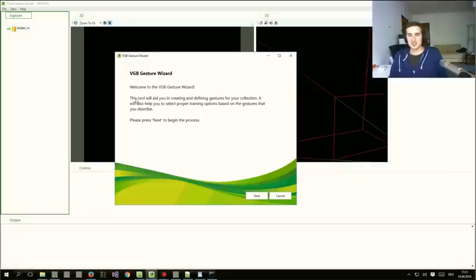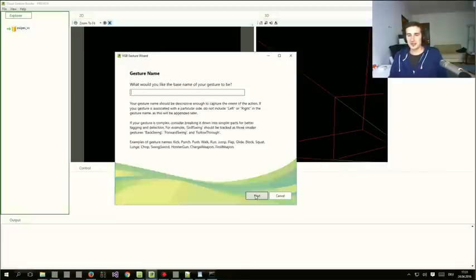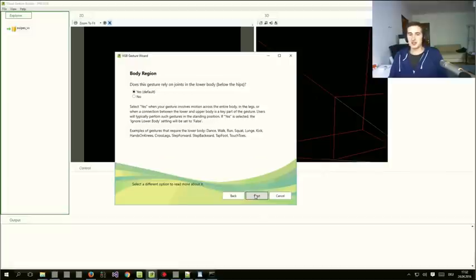So when the wizard opens up, first I'd like to create a gesture that's my swipes from right to left. So I just call it swipe right to left. And I'm not saying which hand I'm using here, because on the next page, oh, not the next page, but the page after that,